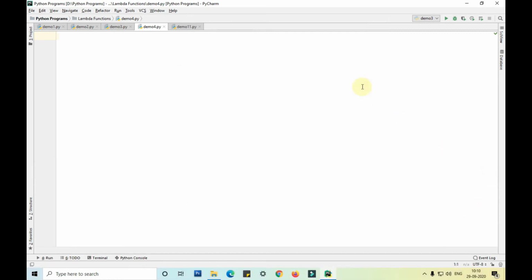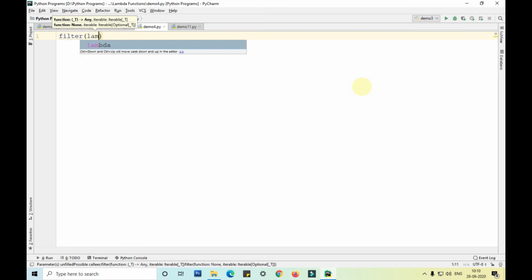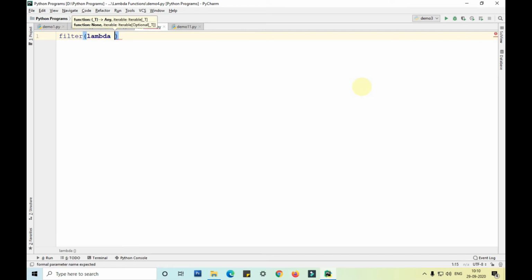So let me show you one example with the filter function. So the filter function, that is filter of lambda x colon x percent 2, that is, if x is divided by 2 and the remainder is 0, then give only that value, that is giving only the even numbers. Okay, now I'll pass the list, that is 12, 14, 19, 16,